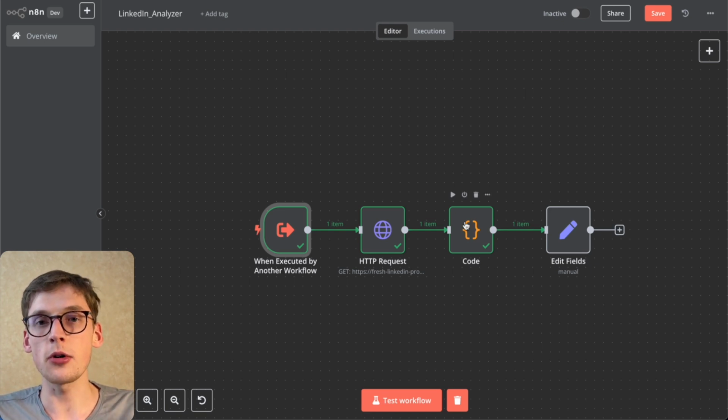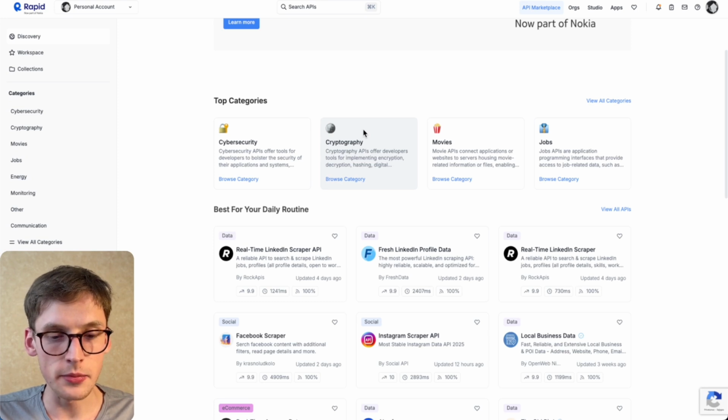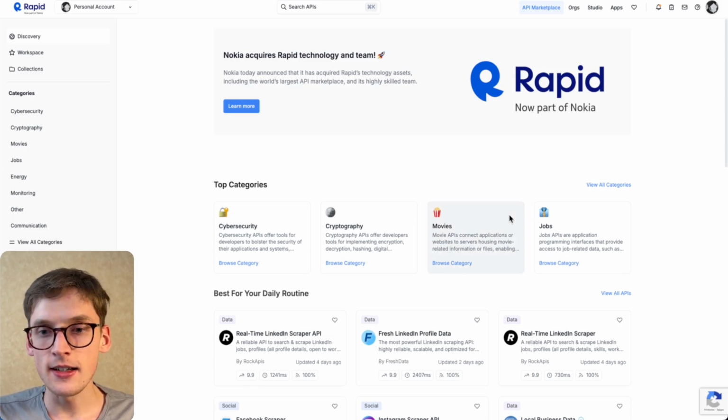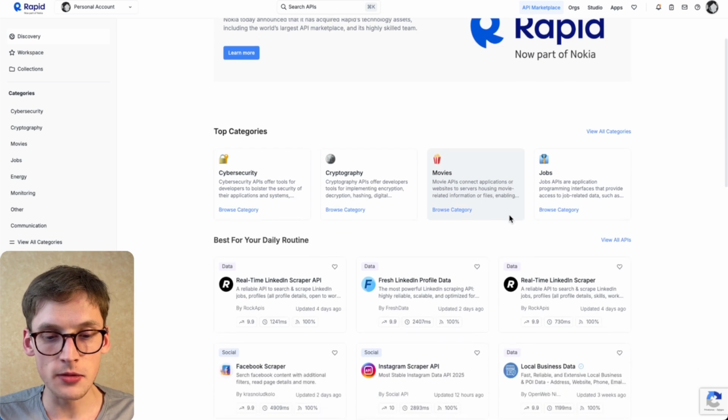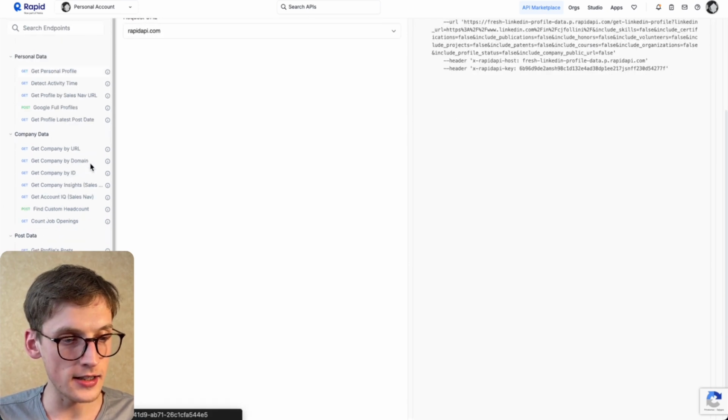LinkedIn, and not only the profile of a person but a company post, because there are a bunch of APIs that can help you scrape a LinkedIn profile, but not the company. So I found one in Rapid API. Rapid API is an alternative for Apify. So I tested a lot of APIs to see how they work. Not many of them really worked according to the needs, but the one that did was Fresh LinkedIn Profile Data Scraper. So I selected it, and I find